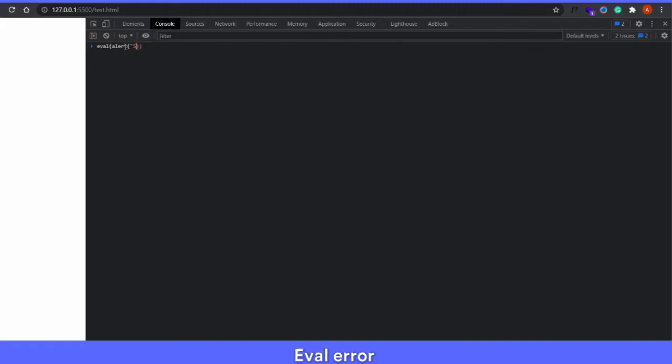So if I just put in hello, for instance, this works. There's a security vulnerability in this case. A bad actor could potentially inject malicious code into your script by just running his script in the eval function. So this is definitely a security hazard and you should not use this in your projects.